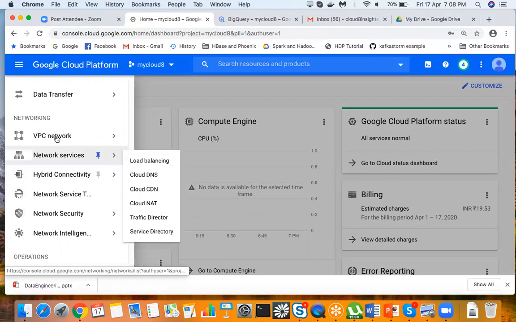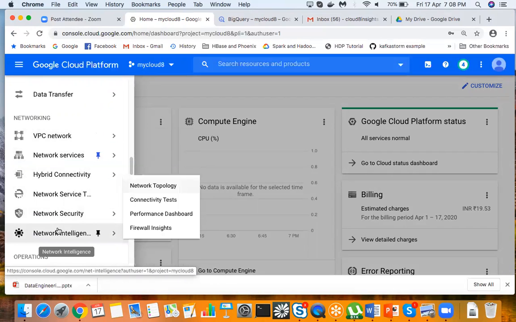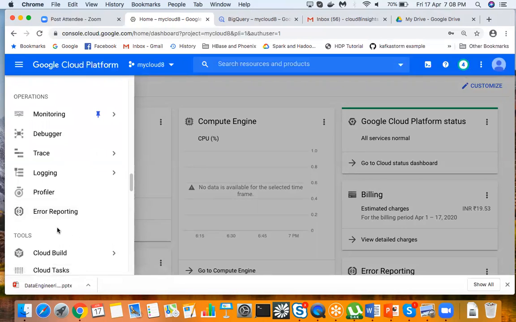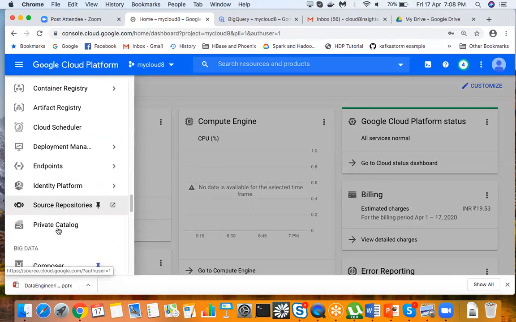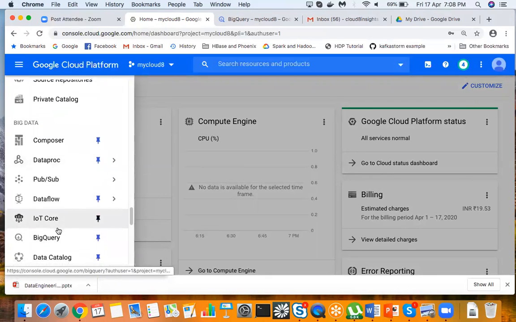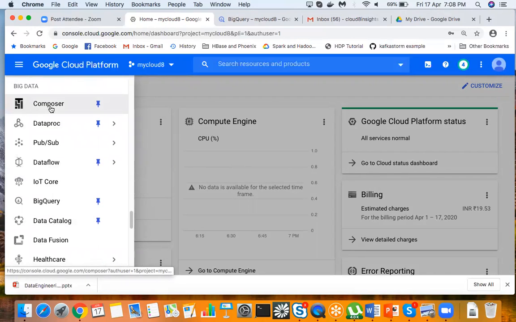We will not discuss all the services; rather, we will focus more on the big data related services. As you can see here, this is our big data part. In this big data section, we have Composer, which allows you to build your workflow and schedule. Dataproc is a managed Hadoop cluster on Google Cloud. PubSub is used for streaming data.